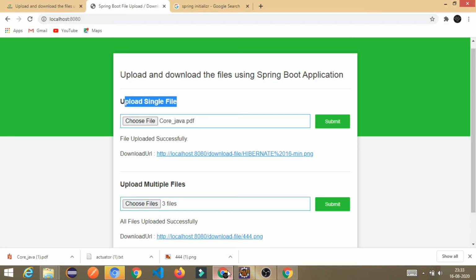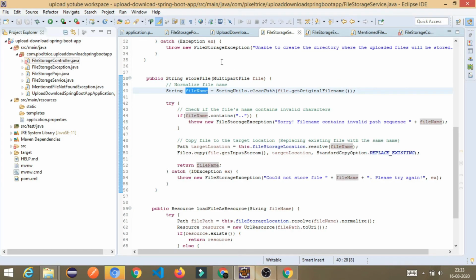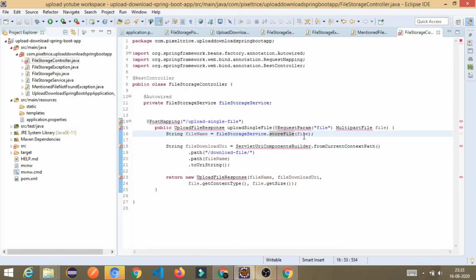For example, the exact file name means core_java.pdf. Once it gets called from here, I am passing its complete file path, and from there it will be separated and it will return the file name only. Once it returns the file name, I am forming one more string, the file download URI.